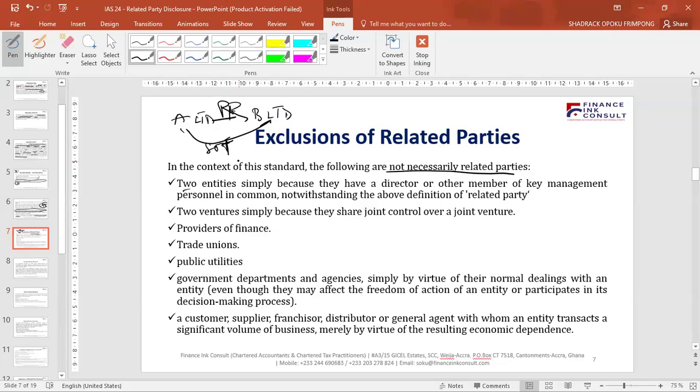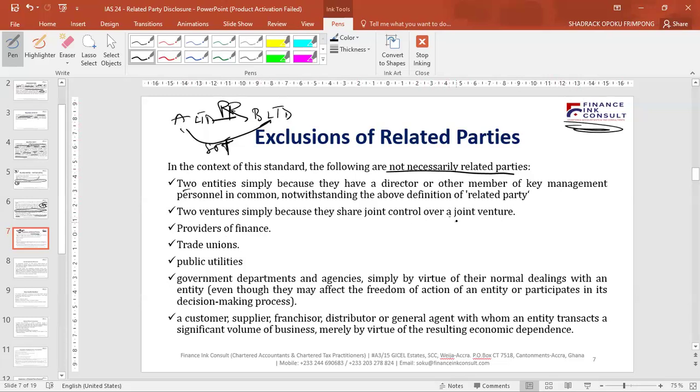I think my managing partner is a board member of one hospital in Eastern Region, and he's a managing partner at Financing Consult. So by virtue of them having a common director, that doesn't make Financing Consult and that particular hospital related parties. Two venturers simply because they share joint control